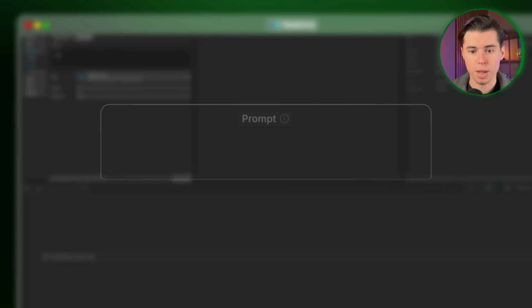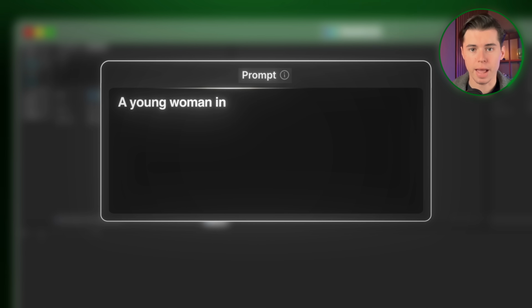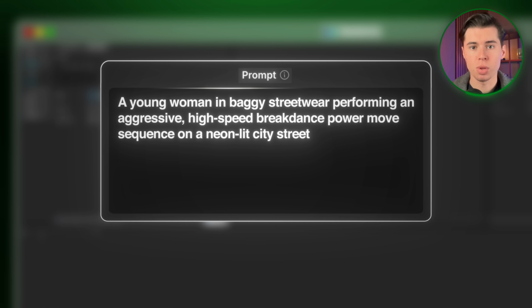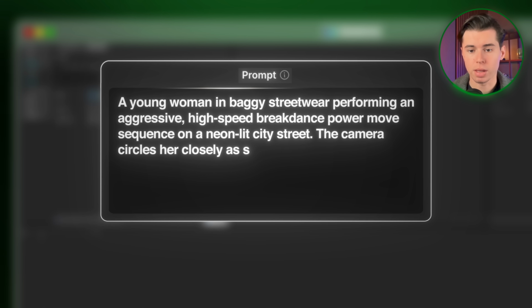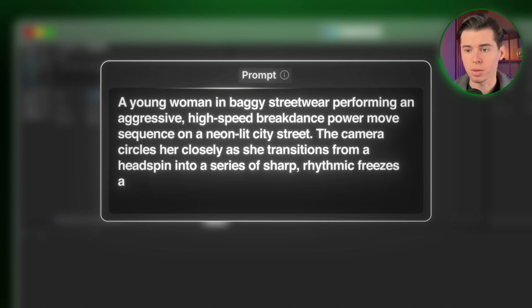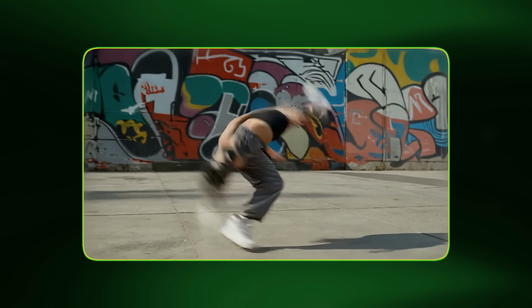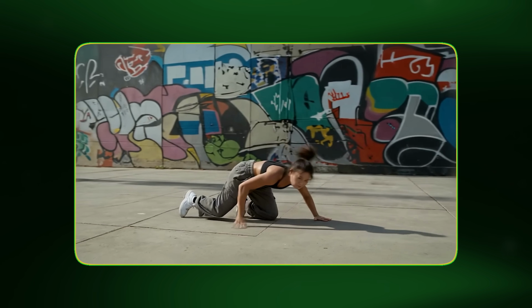And here's what you get from a prompt like this. A young woman in baggy streetwear performing an aggressive, high-speed breakdance power move sequence on a neon-lit city street. The camera circles her closely as she transitions from a headspin into a series of sharp, rhythmic freezes and kicks, high energy movements with realistic limb positioning and no motion blur. There's one weird body movement at a certain point in the video, but the rest of it was exactly what